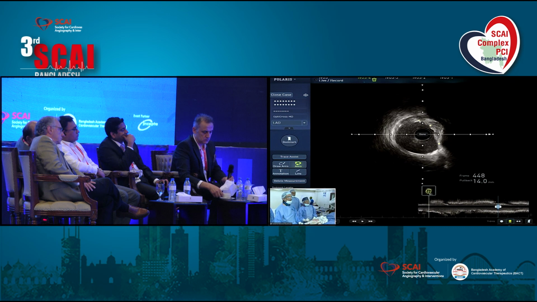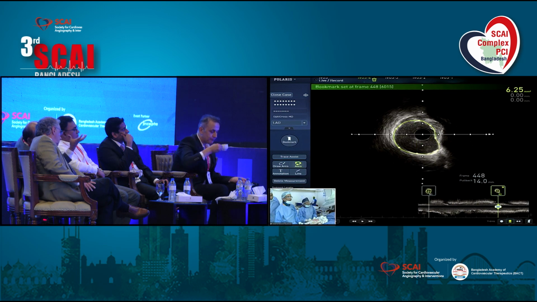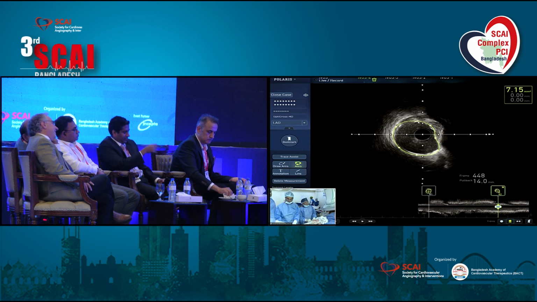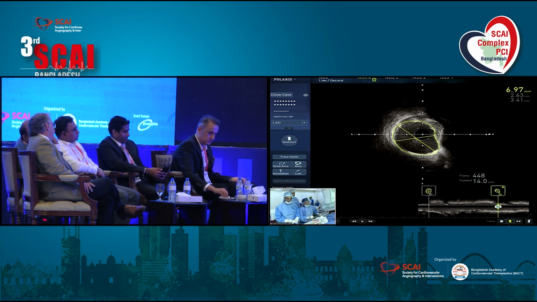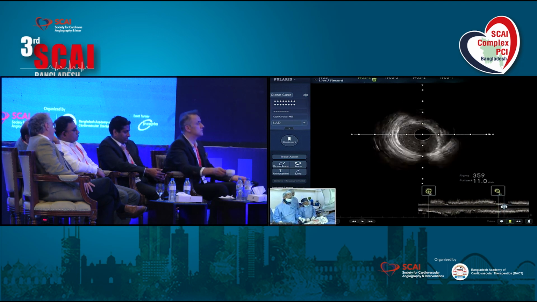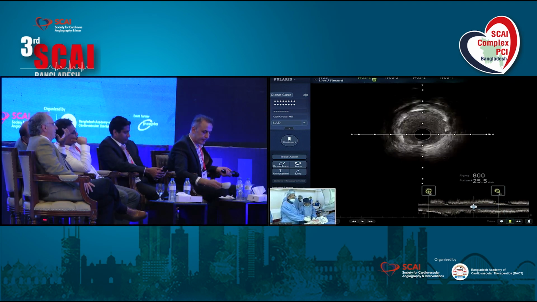And then we were able to stent it and show that based on IVUS, how we were able to post-dilate as need be, so that we don't have to be really too aggressive in post-dilatations as well. And we also said that there was a disparity between the size of the vessel, but we were able to do that with the one stent.